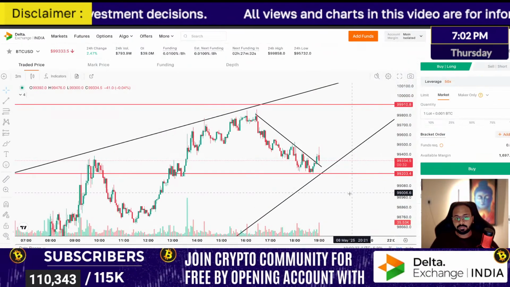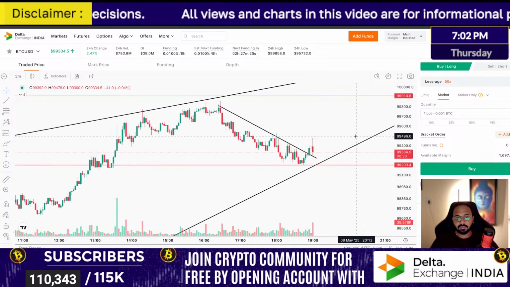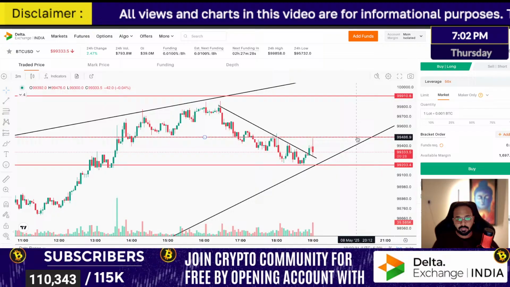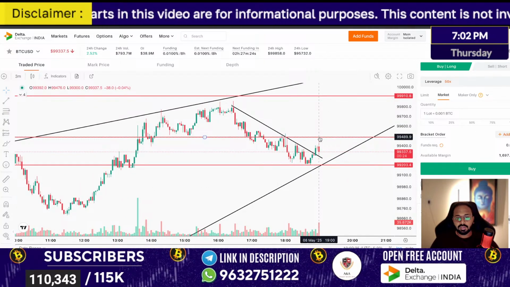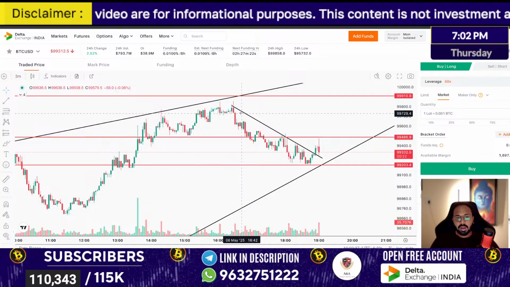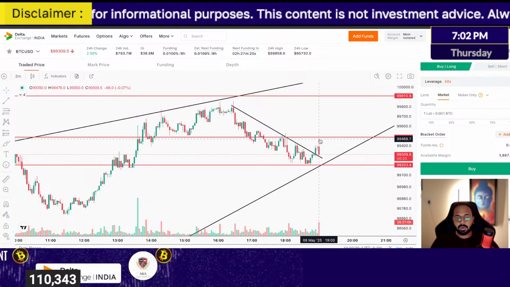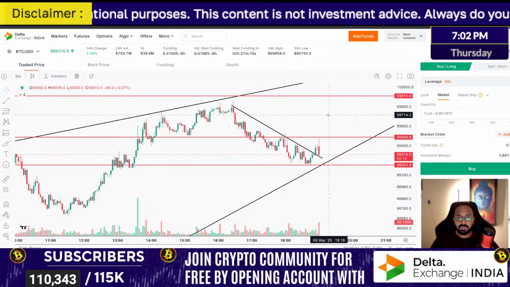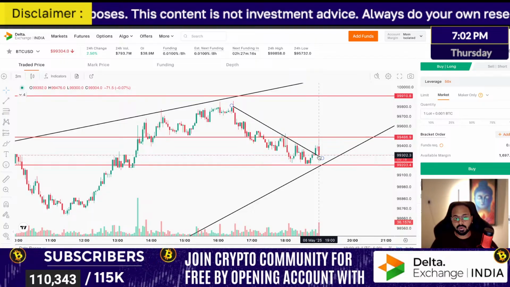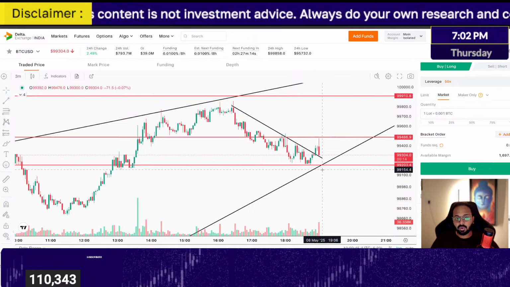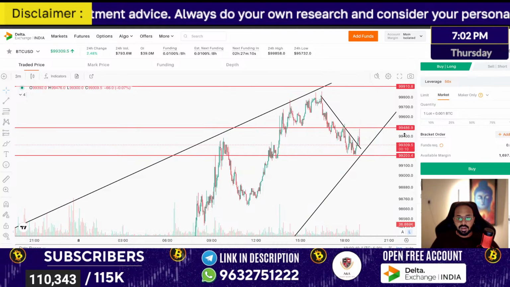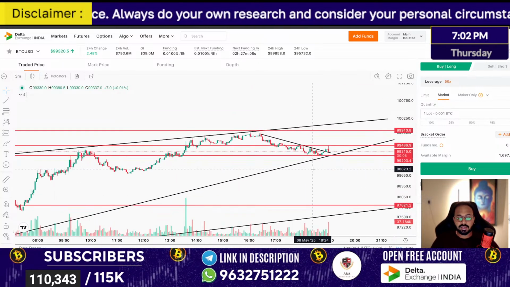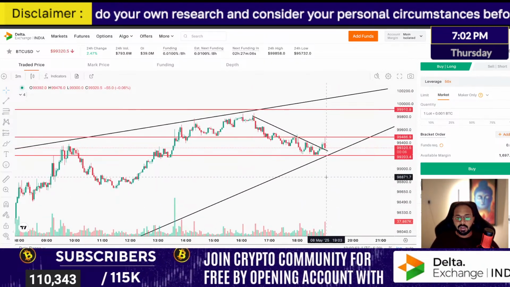Let's see. On the 3 minutes time frame, I mark this zone. This is the upper zone, this is the lower zone, and the market has given a trendline breakout. It's coming for a retest. From here, if it breaks the upper level, we'll look for bullishness. If it goes below, we'll look for bearishness. Anyways, the market has made a kind of rising wedge pattern. So from the upper level, if it corrects,